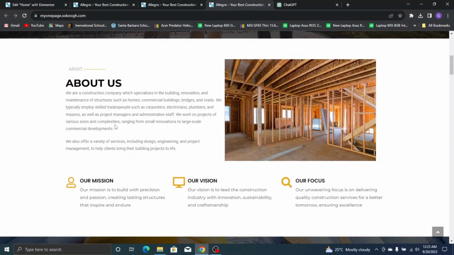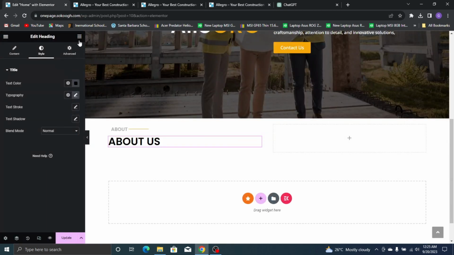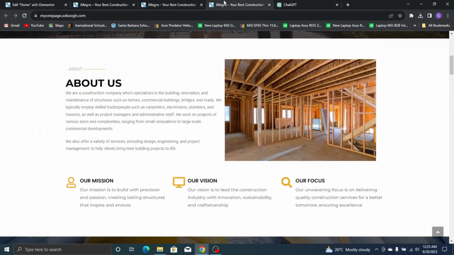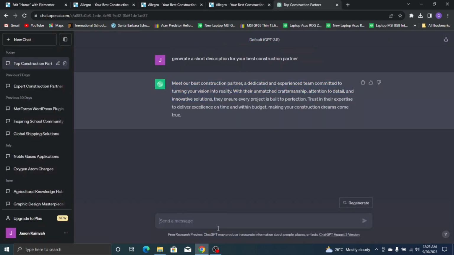Okay guys, so now I'm going to create something similar like this text that we have here. But to create this, go back to our page. We have to drag an element called a text editor under this about us over here. So we can simply copy this text and then paste it here, but if you have your own content, you could potentially use that. But if you also don't have and you're having trouble coming up with the content, then you can just go to ChatGPT, like I said, and maybe type in generate a description for, generate an about us description for a